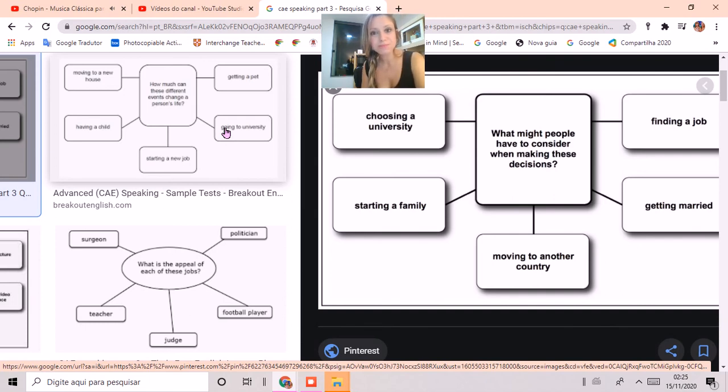Okay, so they're going to say, yeah, certainly starting a family is a key moment in someone's life, and it can be a success or it can be a big failure. So if it's not done at the right time, in the proper time, it can traumatize everybody involved. And if there are kids involved, they can be influenced by this lack of responsibility of starting a family early. So I agree with you. And then you guys are ready to finish and fulfill the task completely.